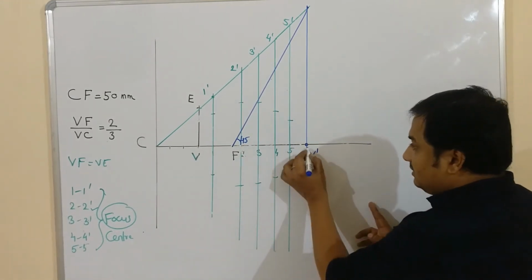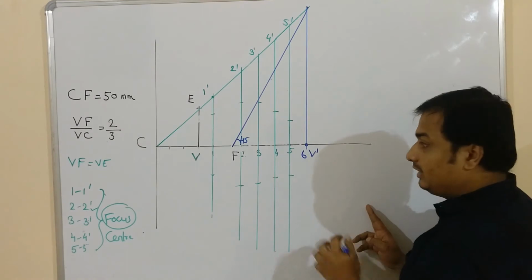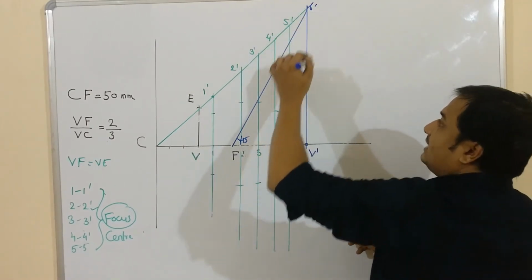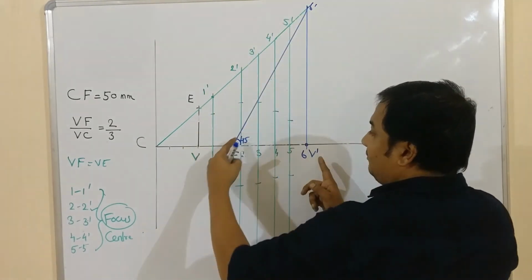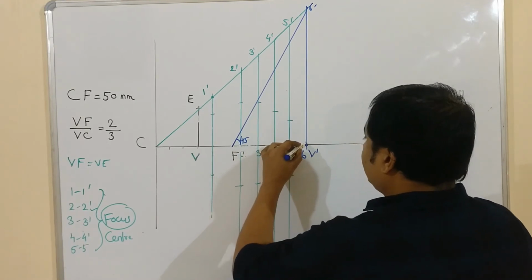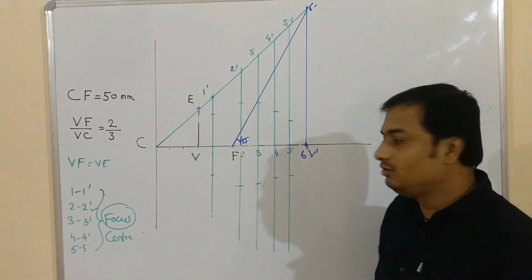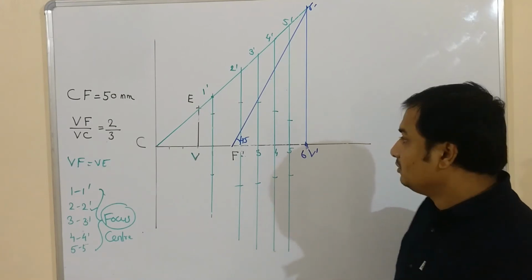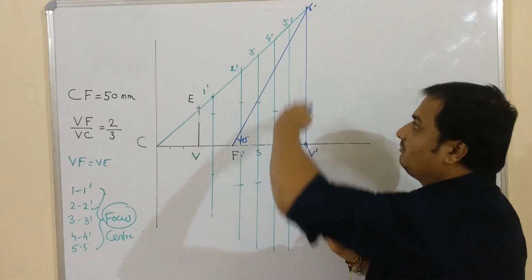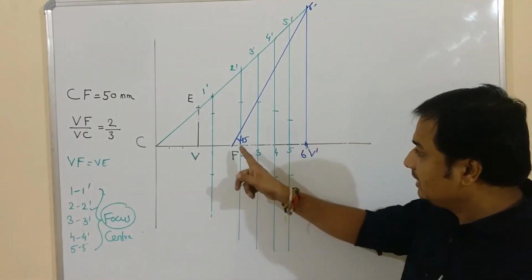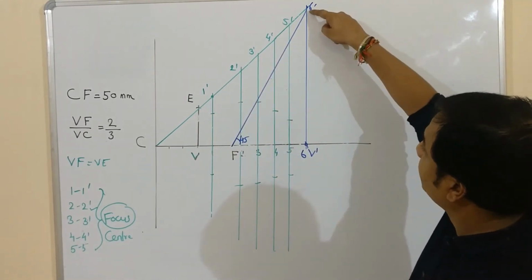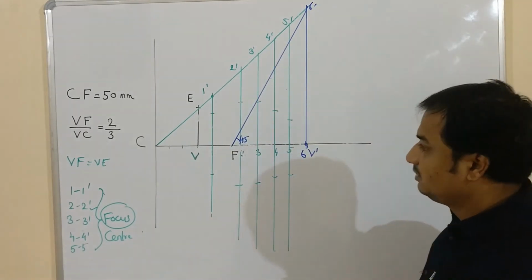Also, if you take this vertex as a 6 point and draw the vertical on this C line, and measure 6 dash, and take the center as the focus and cut, automatically you will be getting the same point. So it's better to plot this second vertex by using a line at 45 degree from the focus. I have taken a line at 45 degree from the focus. It was intersecting the C line at some point, and I have dropped the vertical.